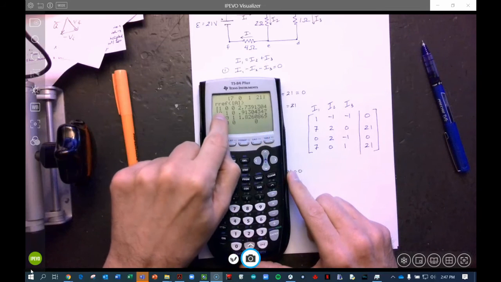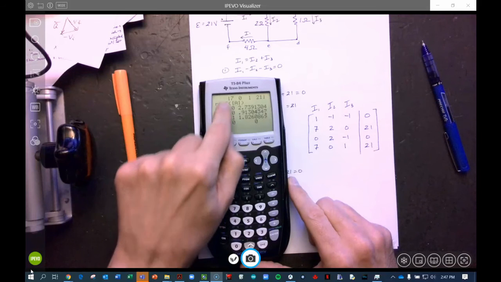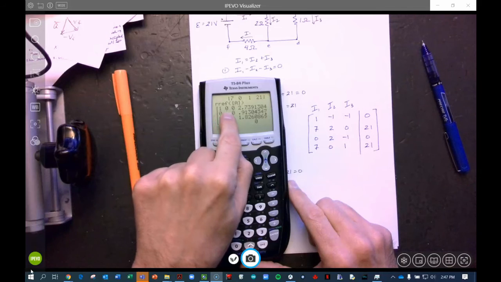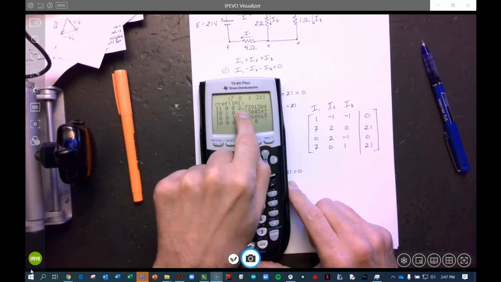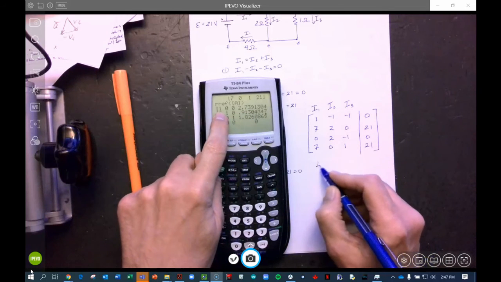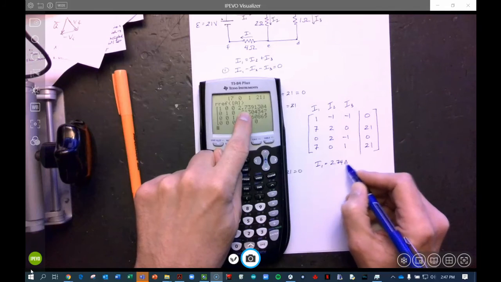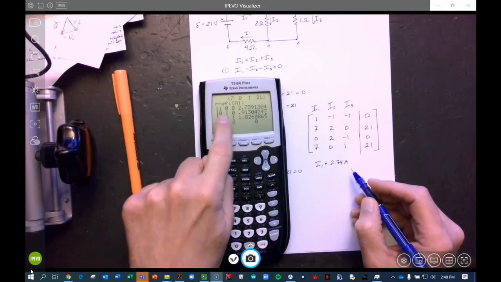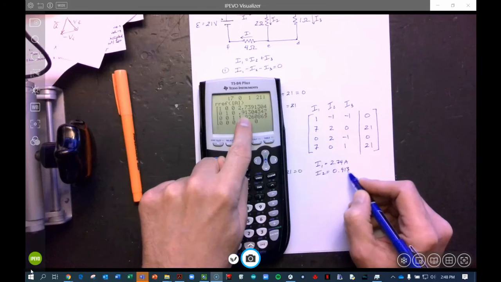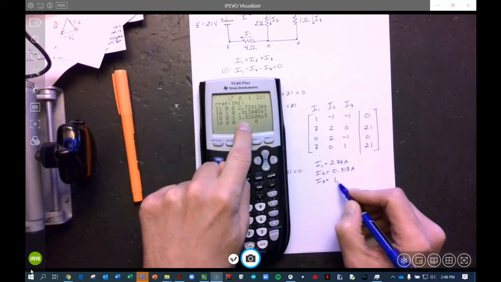What this tells us is these are the coefficients for I1, I2, and I3. So this says that 1 times I1 plus 0 times I2 plus 0 times I3 is equal to 2.74. Of course that means I1 is equal to 2.74, and the units are amps. This tells us that I2 is equal to 0.913 amps. And finally I3 is equal to